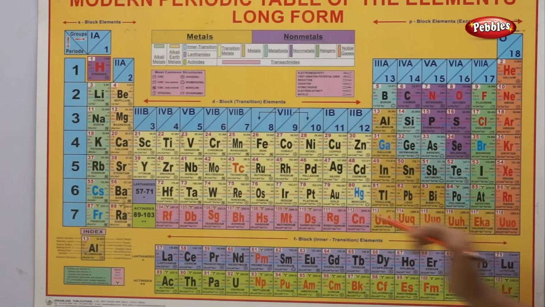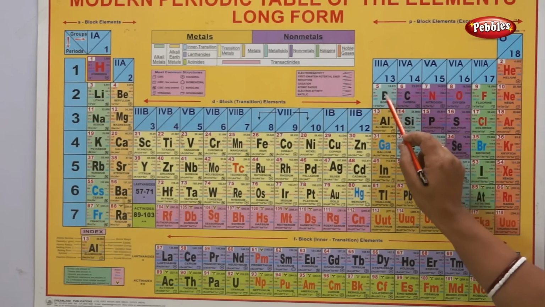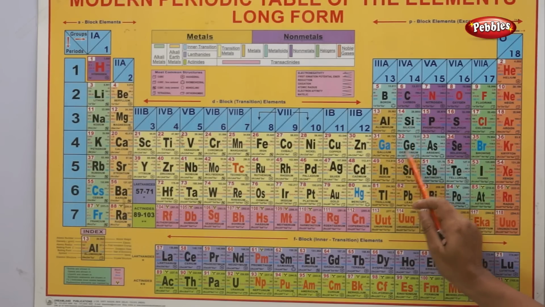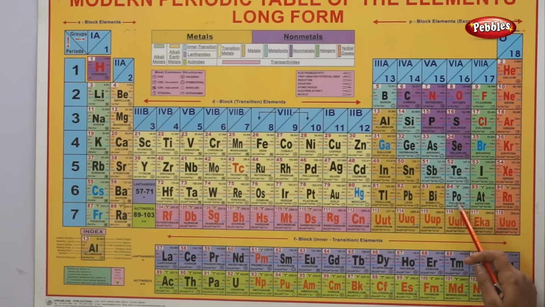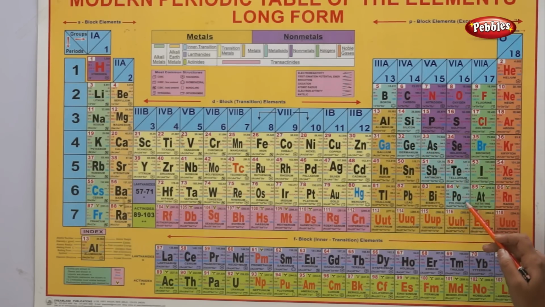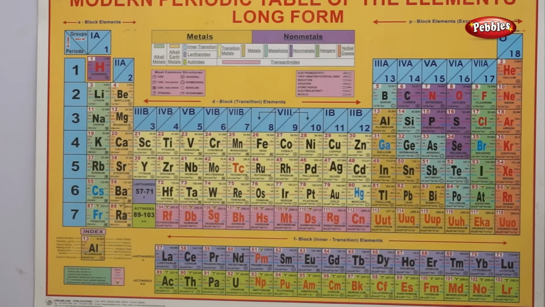Now in this table you can see this zigzag green colored metals and non-metals. Now here when I am pointing out boron, silicon, germanium, arsenic, antimony, tellurium and polonium, you can see it is almost a zigzag way it is made. This zigzag way is showing the metalloids group. What are metalloids? Metalloids are the elements which show both the properties of metals and non-metals.